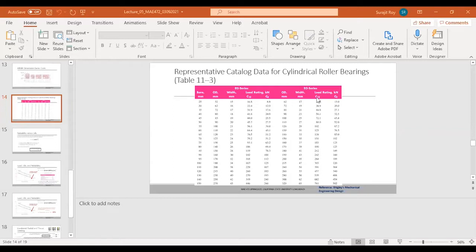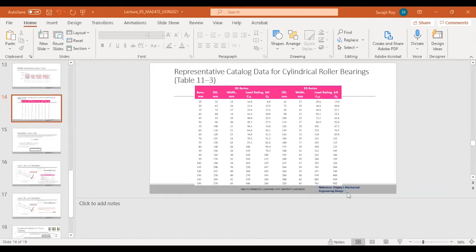Along with that C10 load, there are certain packaging constraints. For example, there is a packaging constraint that you cannot fit more than 80 millimeter diameter of bearing in a given space. So there is no way you can go with 02 series. You have to go with 03 series or something else, which actually meets your design constraints. So that is how a bearing is selected from a manufacturer's catalog. That was just one sample demonstration of how bearings are specifically selected.